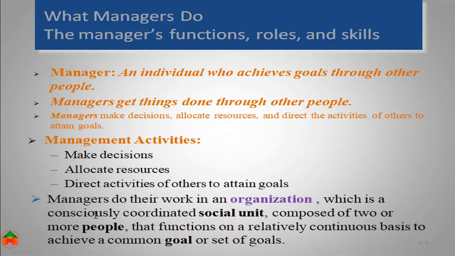Generally, the managers work in the organization. And what is organization? Organization is a social unit where there are a group of people, there may be two or more people, and the organization functions on a relatively continuous basis to achieve the common goal or a set of